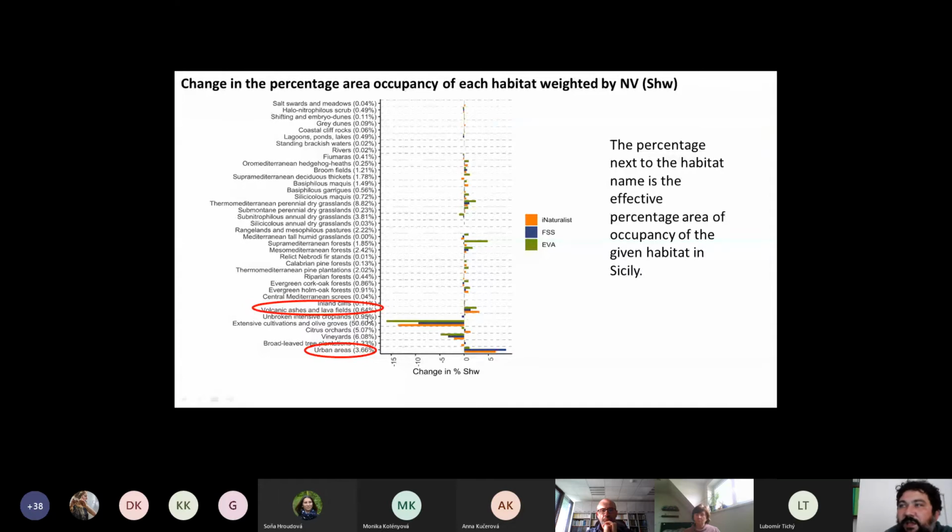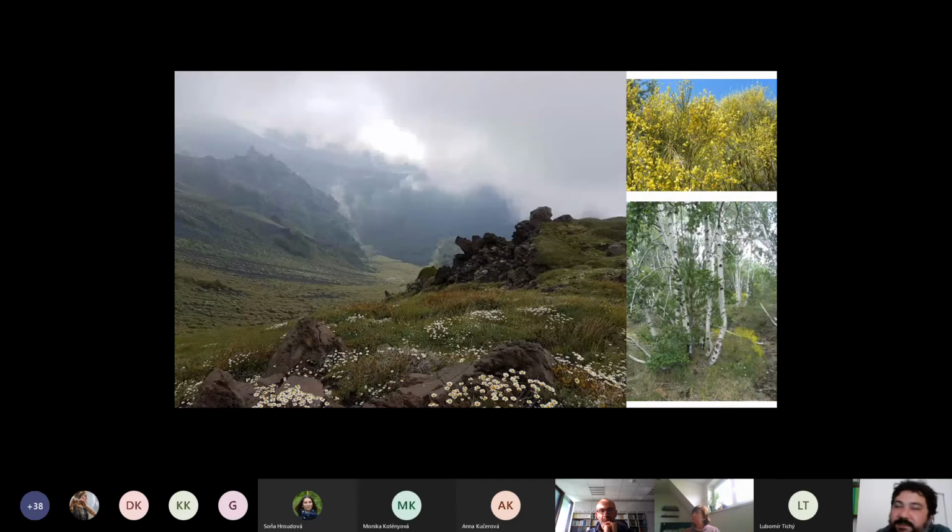If you look at this volcanic ash and lava field, in the tree, and mainly in iNaturalist, there is a positive percentage change, but also in EVA and in Facebook. This is why Mount Etna is a very nice destination for local people, tourists, and scientists, because it's one of the most attractive areas in the world, and we have to consider that there are many endemic species that could be an important attractor for tourists. For example, here there is the Genista etnensis or the Betula etnensis, and this is a nice picture of Valle del Bove in the spring with the